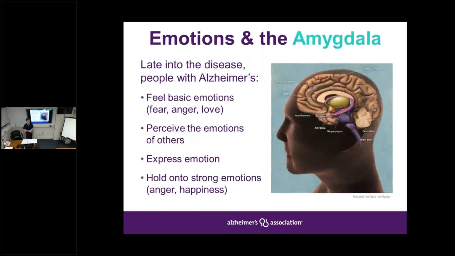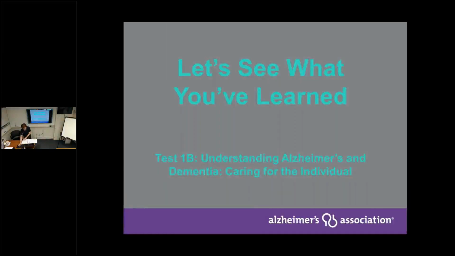And we talked about how the amygdala is the part of the brain that is registering basic emotions of fear, anger, and love, and how this part of the brain is not deteriorating. And even into the late stages, our clients with Alzheimer's disease will perceive emotion, express emotion, and hold on to strong emotion. So let's see what you've learned, and you can go ahead